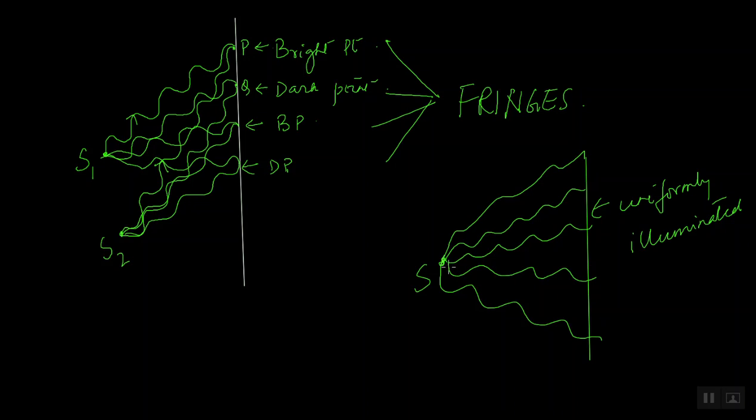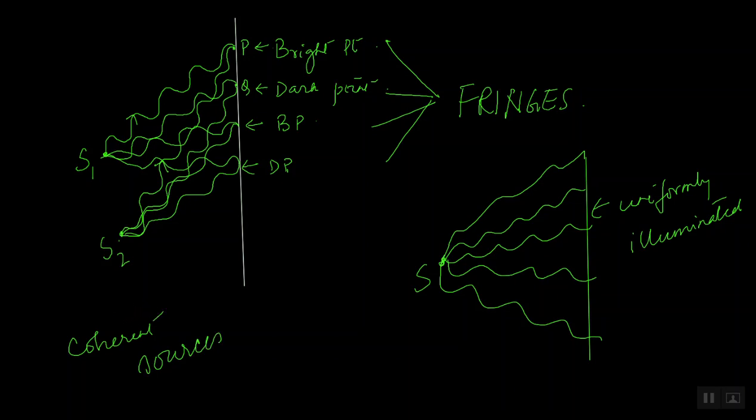This is because you are having only one source. But if you have two sources of light like this, then the waves interfere and superpose differently at different points on the screen. Can you see? Here, how does it superpose? Crest with crest. Here? Crest with trough. And then again crest with crest, crest with trough. So because of the superposition of light waves coming from two coherent sources,